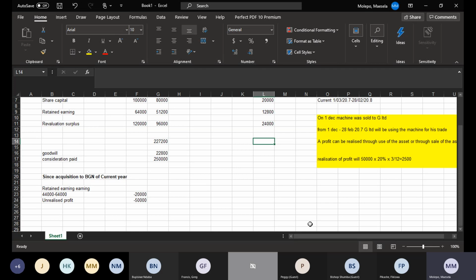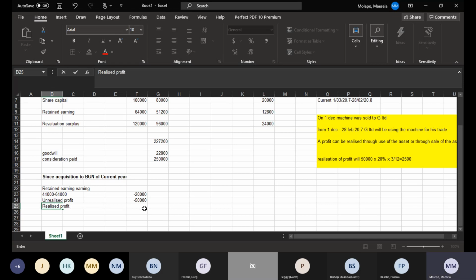Okay, the silence means everyone understands. Then I continue. Then we have the realized. This will be a realized profit. In the study, they call it an excess depreciation. So we are realizing that depreciation which was used by the parent company, which is G Limited. So realized profit